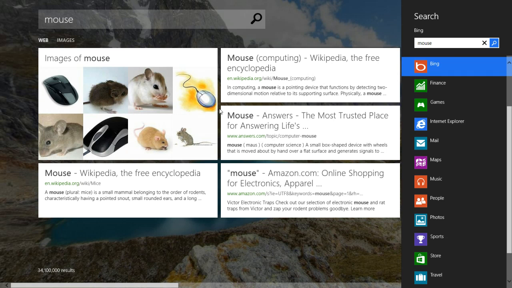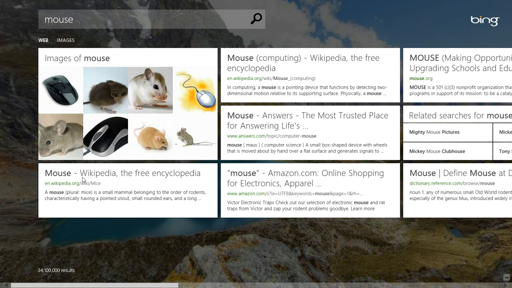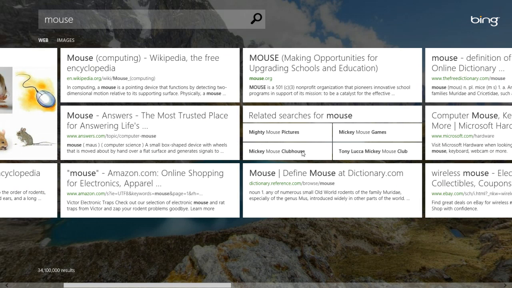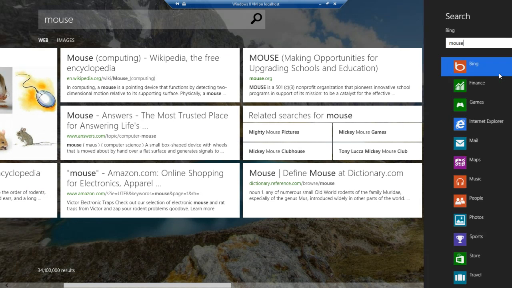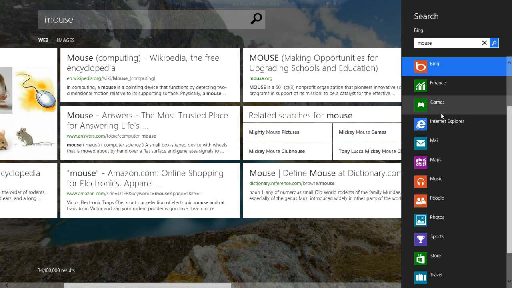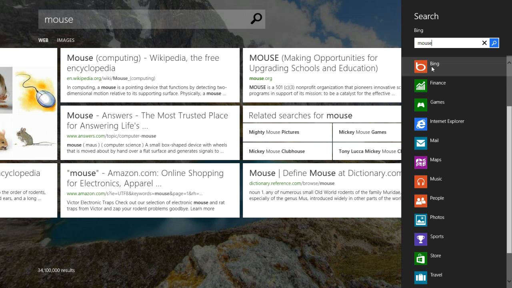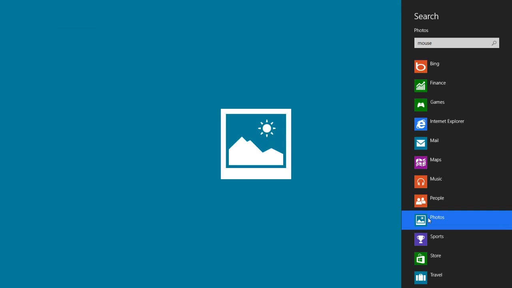So even though the charms bar went away and I was dealing with my app over here, when I go back to search, it still has mouse typed in here. So if I said, okay, I didn't find what I was looking for at Bing, I want to go on to, say, a Google search, or maybe you were looking for some of your photos that have to do with a mouse, right? You could